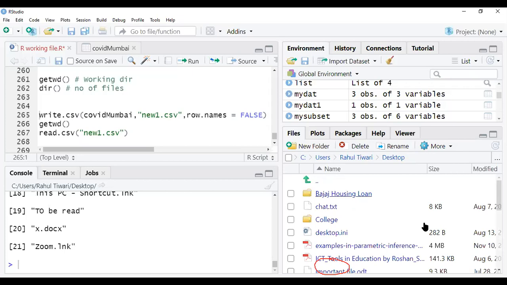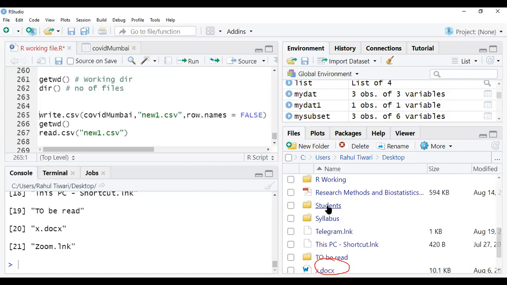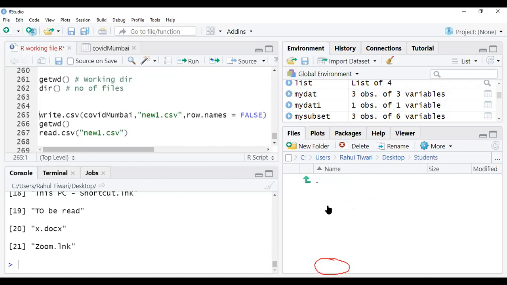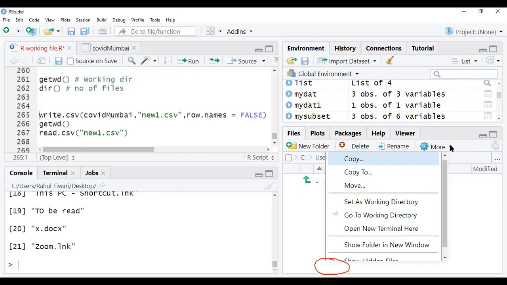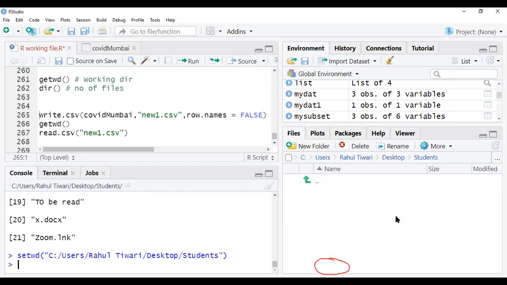Just click on the folder, and now I'm in the folder. Now you set the directory. Click on this down arrow and set as working directory. Once you click on set as working directory, now you type dir.